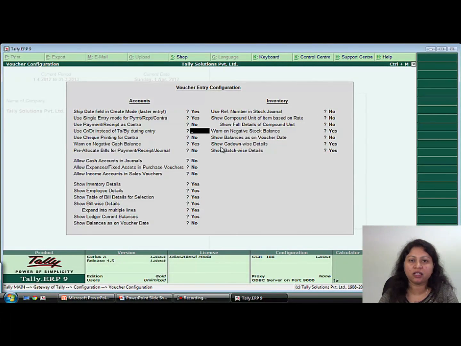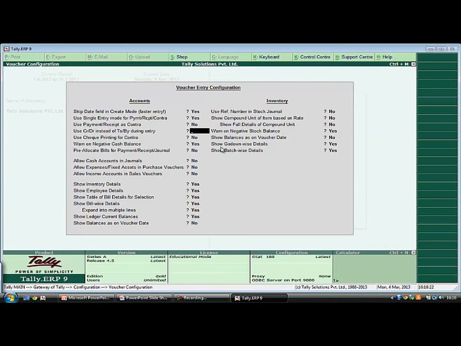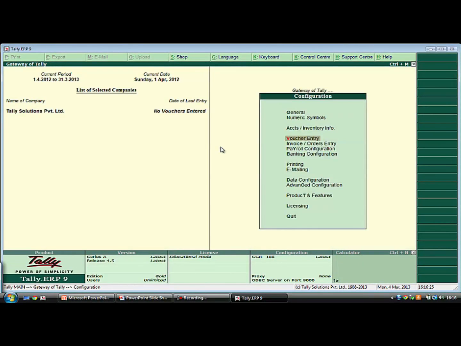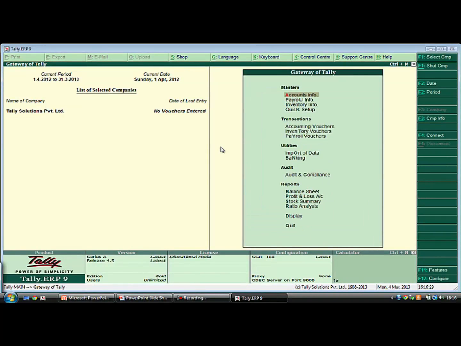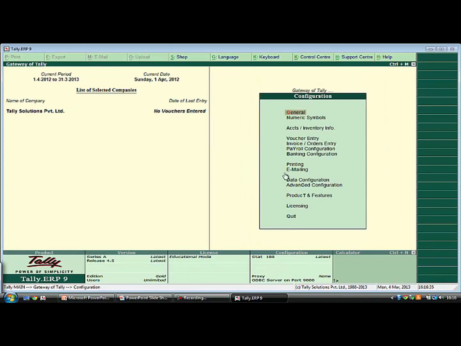It will not be by so and so account and to so and so account. So this is the difference between the F11 and the F12 configuration options. F11 features are company specific and F12 configurations are applicable across all the companies. They are the common features.